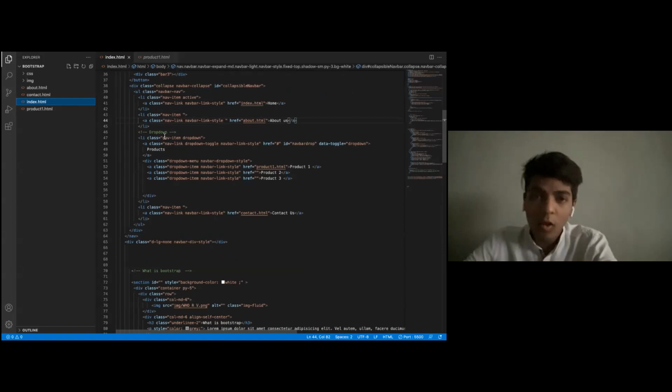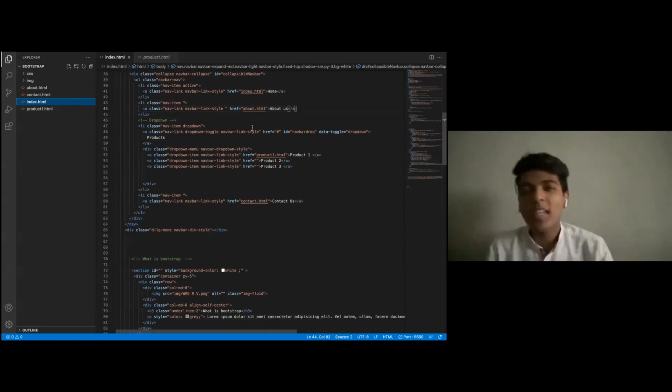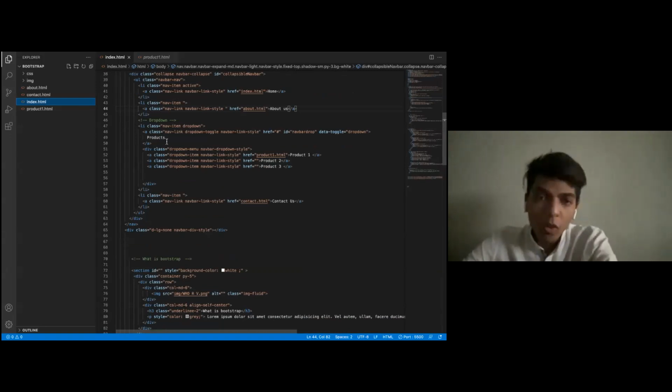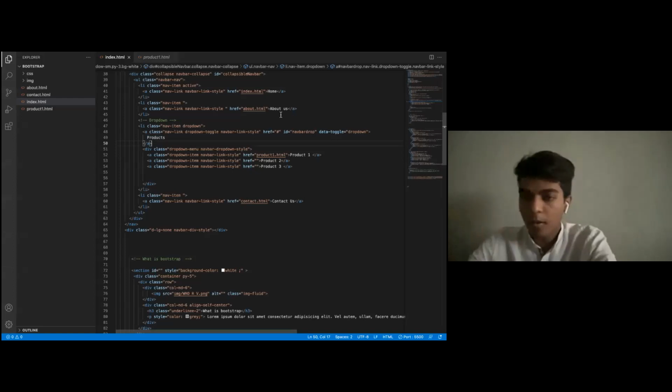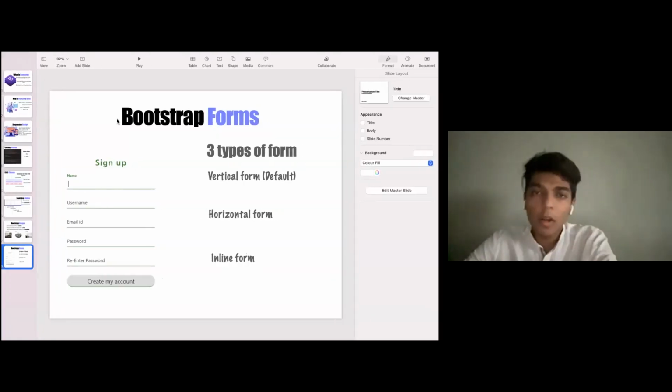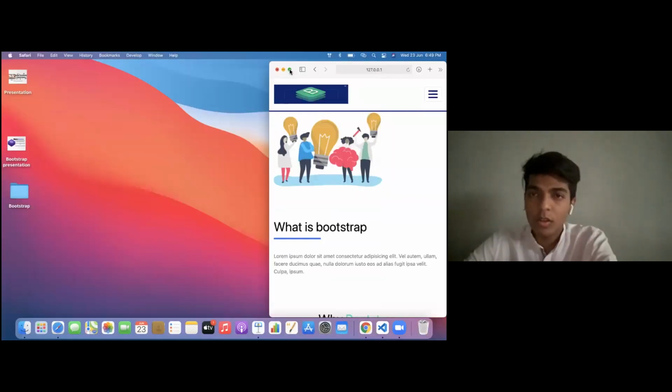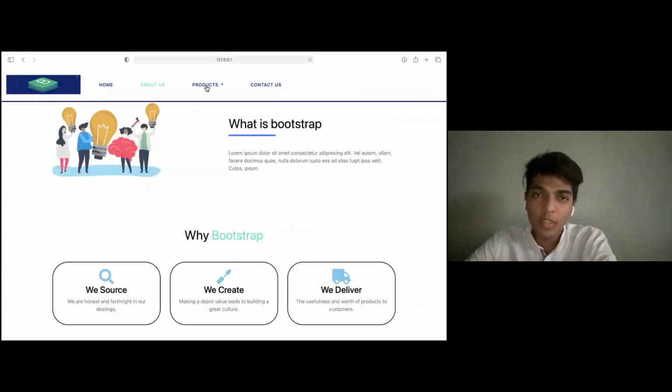So the third part, navbar, basically every navbar has a drop down. So this is how the drop down functions. Here you write in the name of the thing that you want to show. So the first would be an a tag followed by a class that you want to style or give a name with, then would be an href, and then the name that you want to give to that particular tag or a particular page. Yeah, so this is the home, this is the about us page.